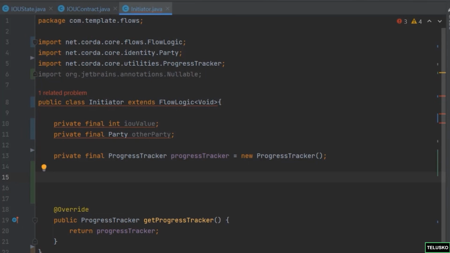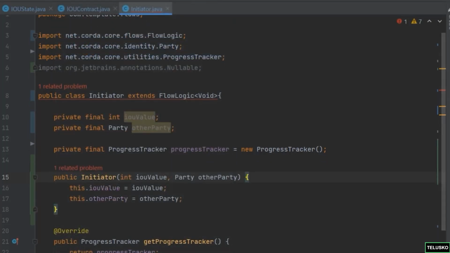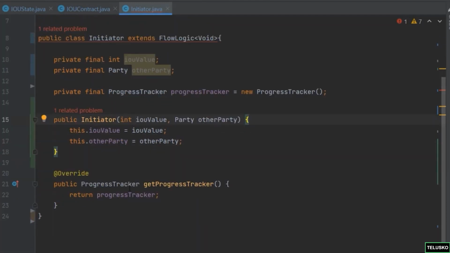So again, we'll do the same thing. We'll say alt insert, and we'll get the constructor for these two variables. And then we are done. Is it? Yeah, we're done. So we got these two, we got a constructor, we got a progress method, and now let's focus on the